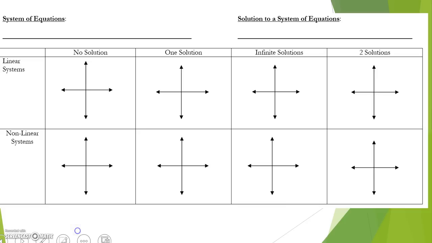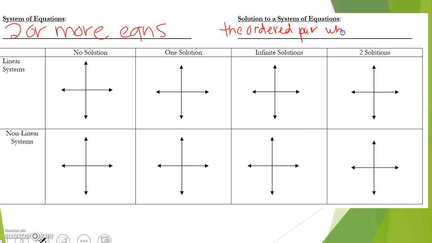Today we're going to talk about systems of equations. A system of equations is two or more equations. The solution to a system of equations is the ordered pair, so the x and y value,